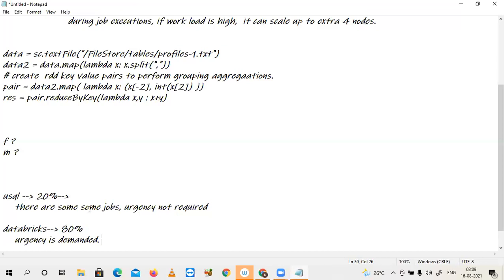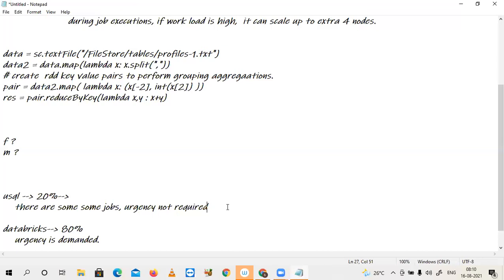In that way, for some old jobs, even if latency happens, it is not a problem, so they keep running in USQL. But for new users, the feature is deprecated, because USQL is available with Data Lake Gen 1 only, not with Gen 2. The latest is Gen 2, that's why there is no USQL facility.